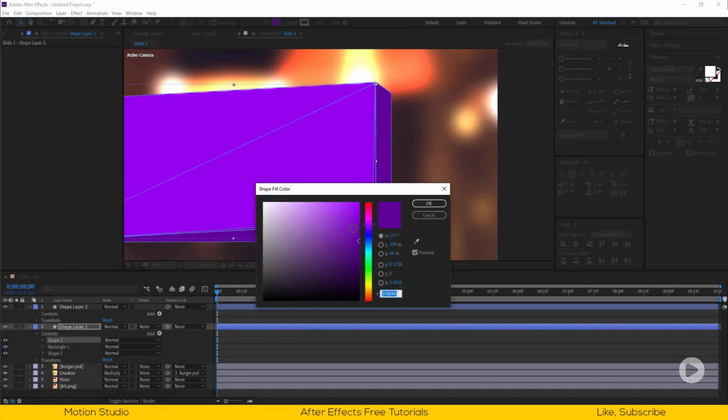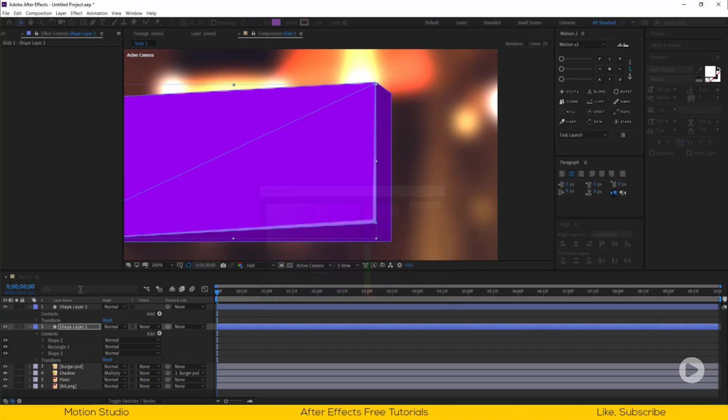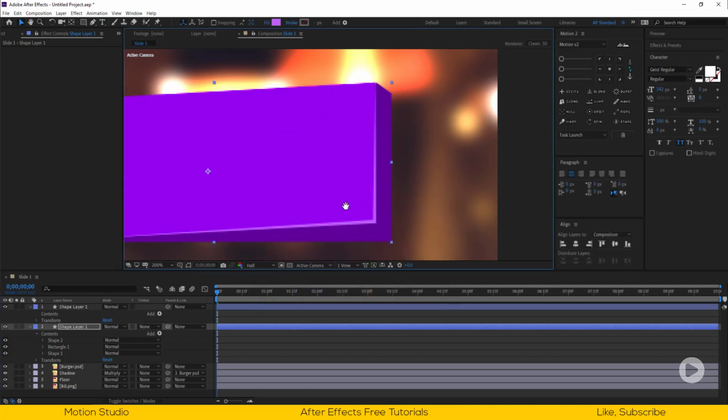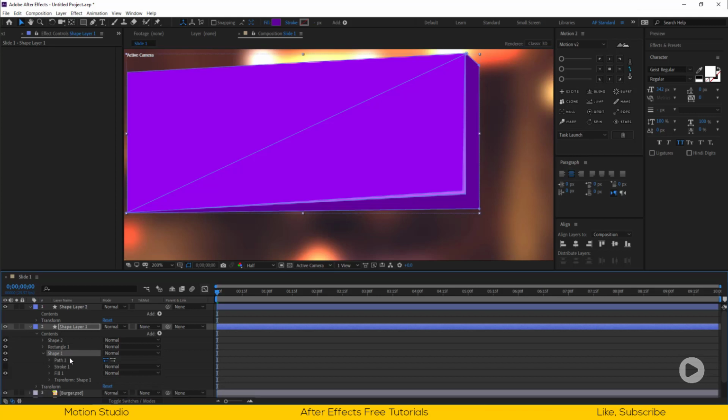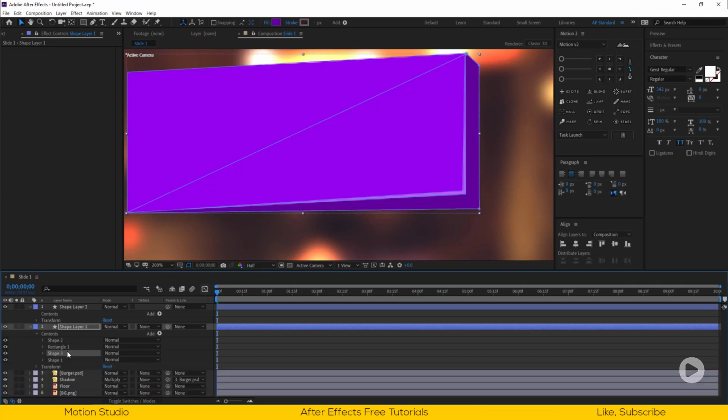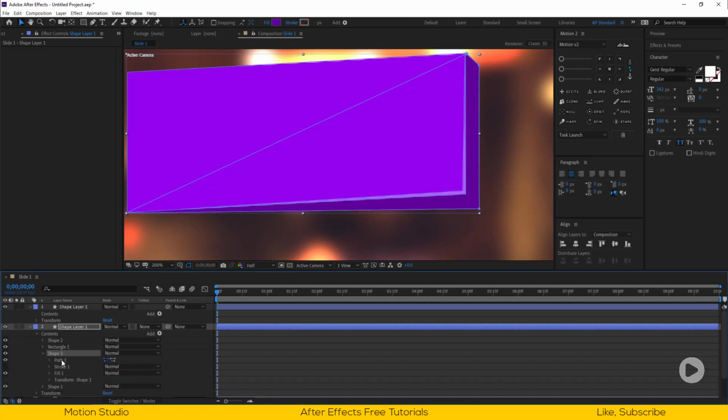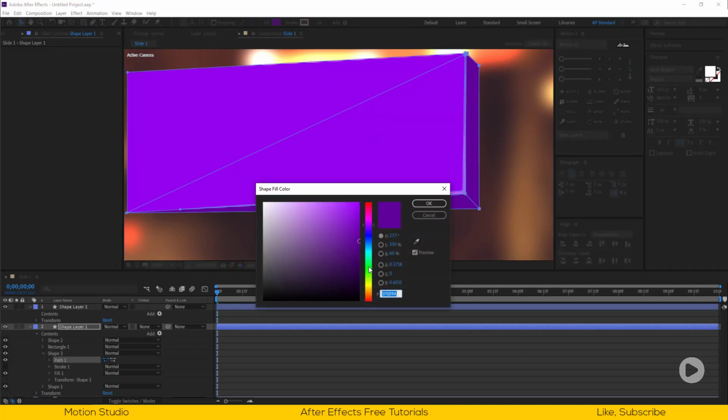Give it a bit lighter color for the highlight. Let's add more dimensions to the title background. Duplicate Shape 1, and adjust the path something like this. Give it a darker color.